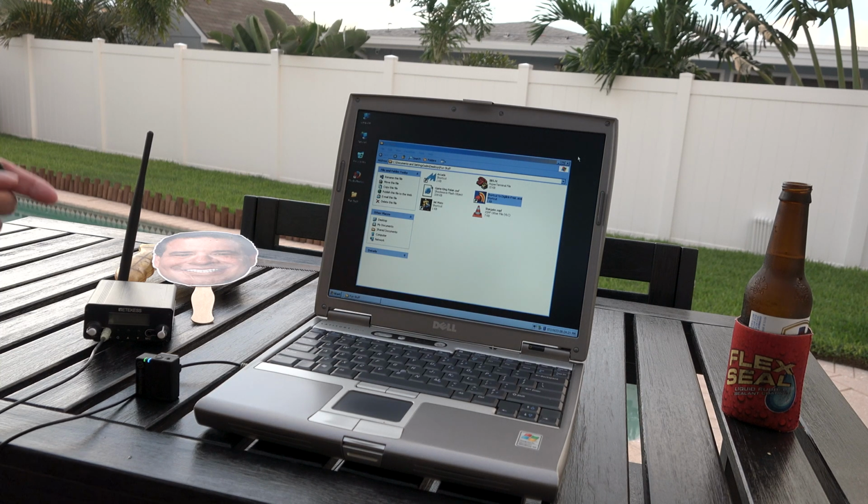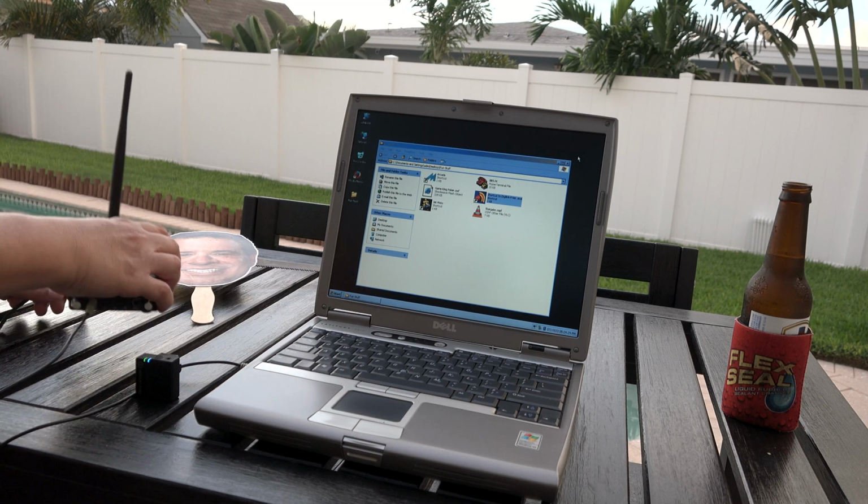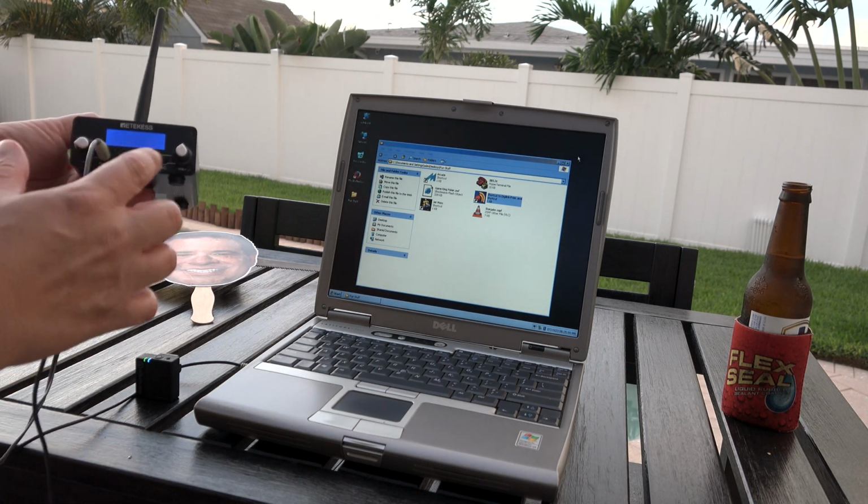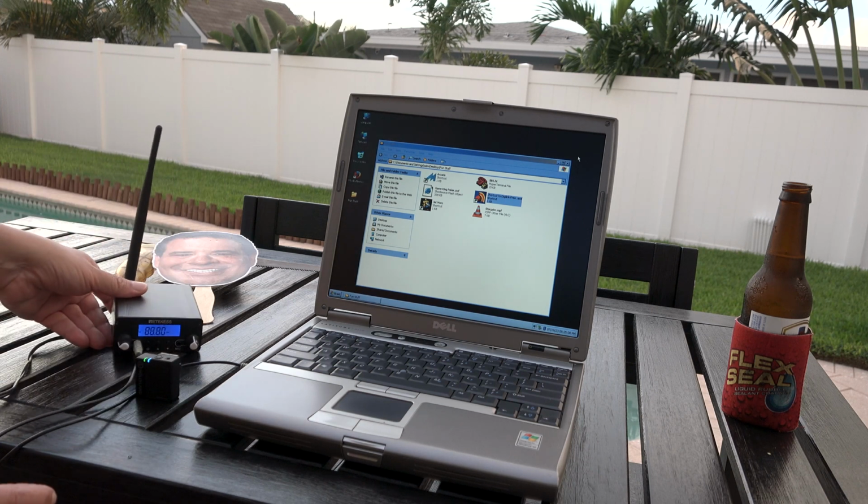Of course, we're going to need to plug this thing in and hopefully have enough cord. So we're going to do that and then make sure that we are set to... No, we're not. I want to change the frequency just because. Okay, jump forward. I'm going to broadcast on 88.8